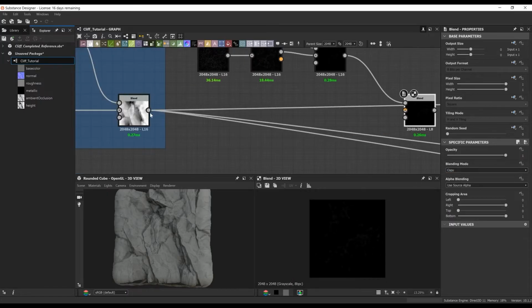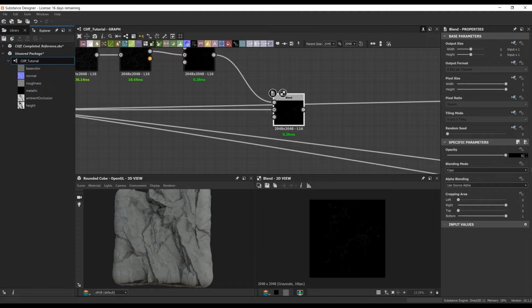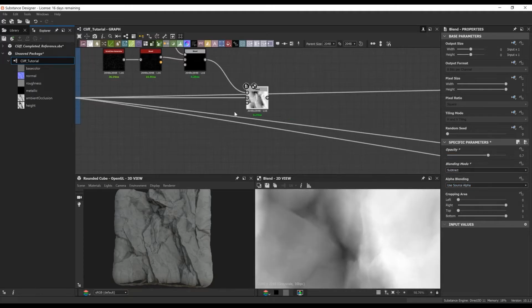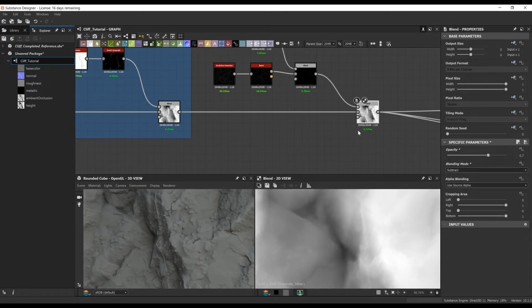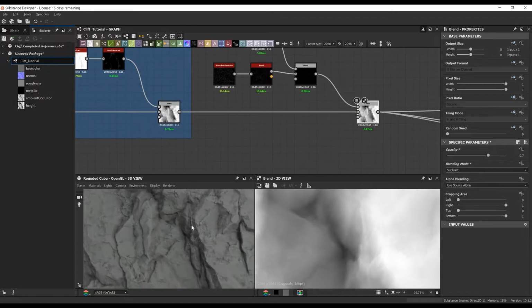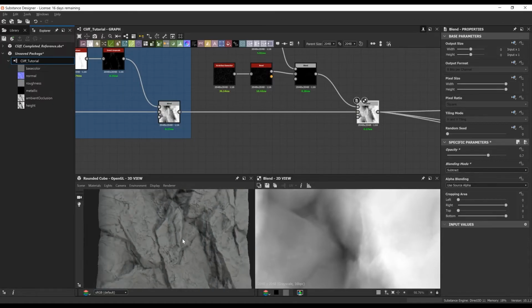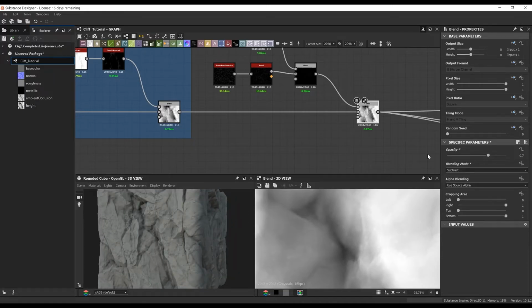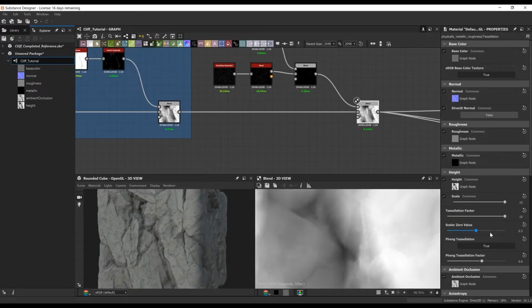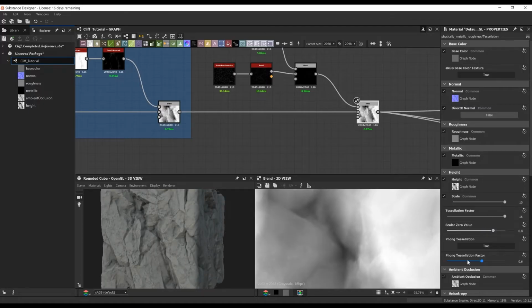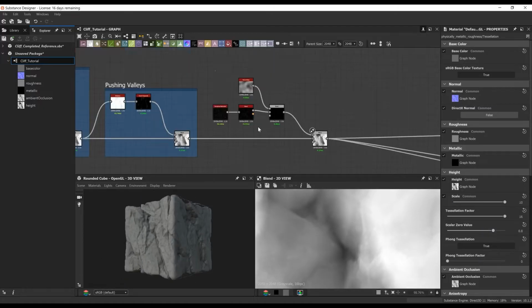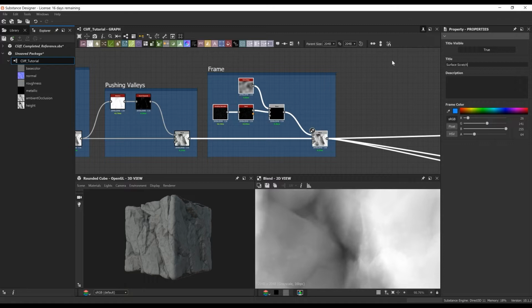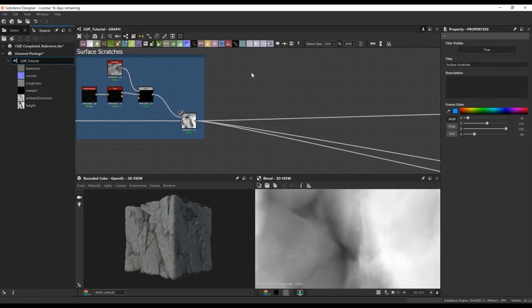So that's how I got that result. Again, here you see me doing a subtract, and you can see before and after what's going on there. Something subtle, but it's there. A lot of these subtle tweaks, you won't really see until you zoom into the material. And here I went to the material properties, and I'm just messing with the height and seeing how it works at different tessellation levels.